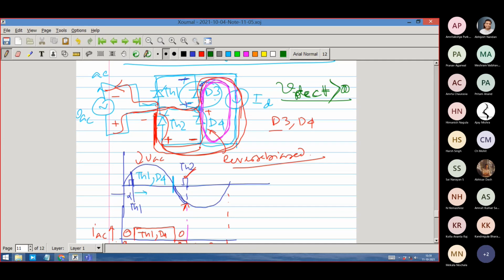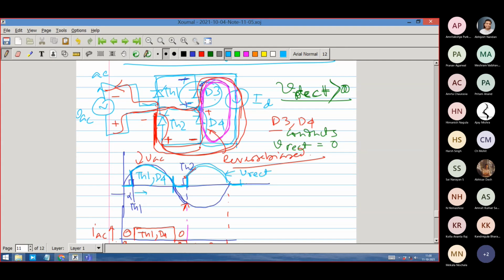Okay, so that is the difference, because when the two diodes are conducting, it is shorting the load. V rectifier is becoming 0. When D3 and D4 conduct, then V rectifier is equal to 0. Instantaneous value is 0. This voltage shape is now only this chunk of the voltage and then 0, then this chunk of the voltage and then 0. That is the rectified voltage you will get. This is Vrect.